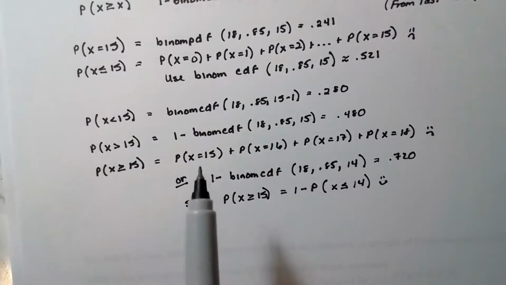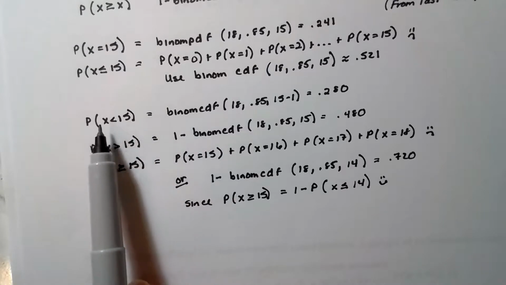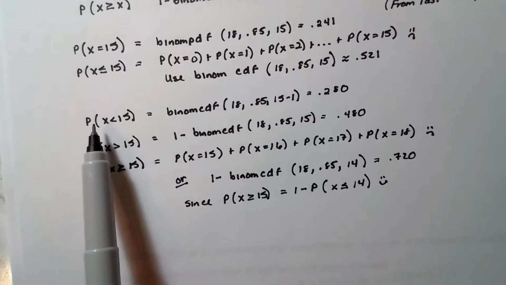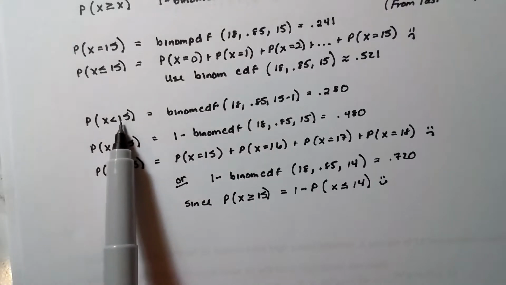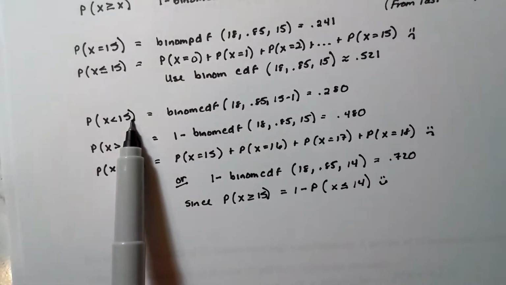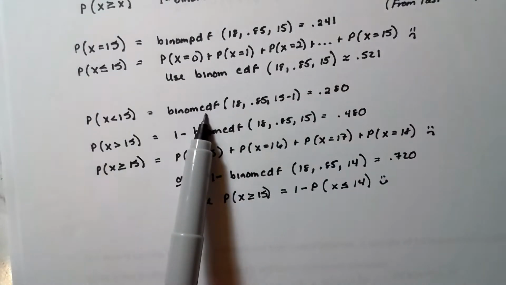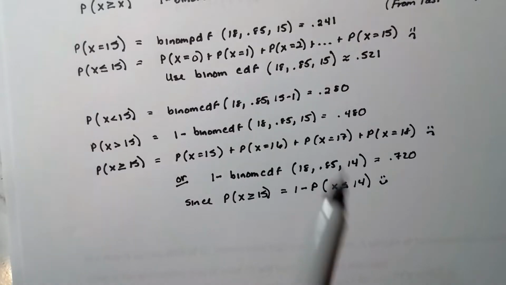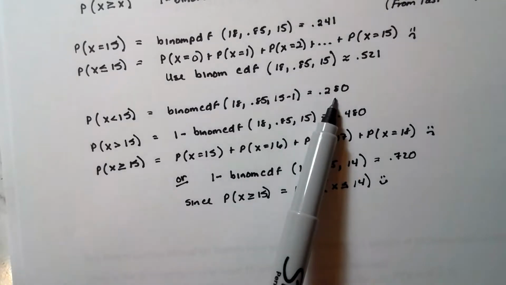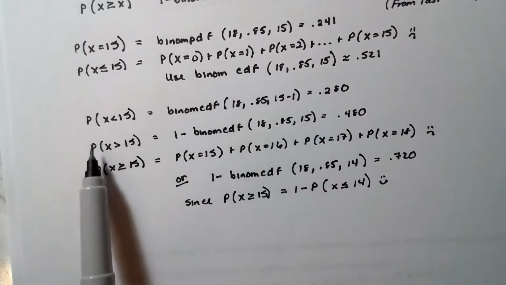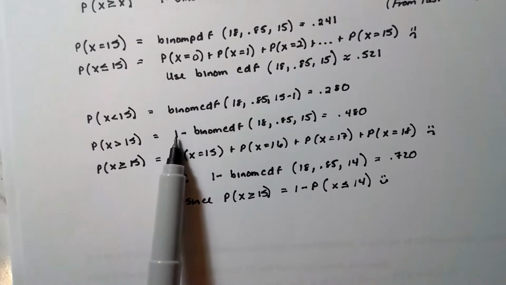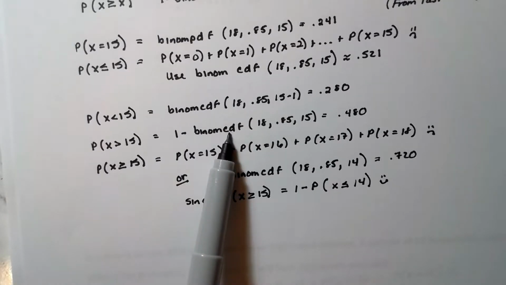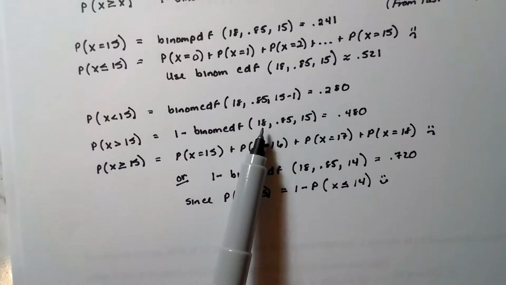What if I wanted to figure out at most but not including 15, or up to but not including 15, less than 15, however they're going to word it? Well, that's still a binomial CDF, but here is where I've got to subtract 1 off of the 15 because I'm not including it. So you see I get a different probability. If I want greater than 15, it's 1 minus binomial CDF,